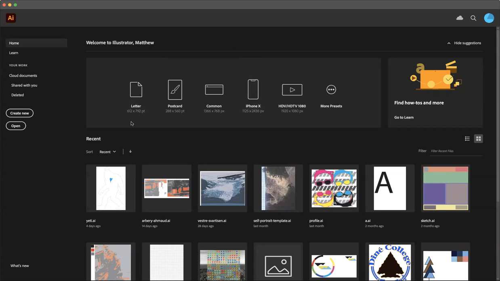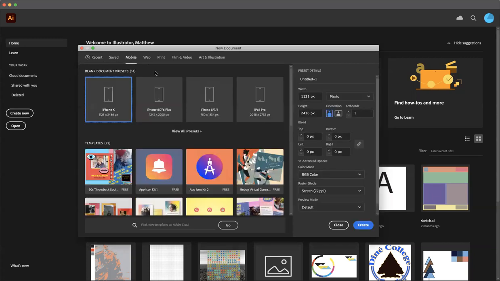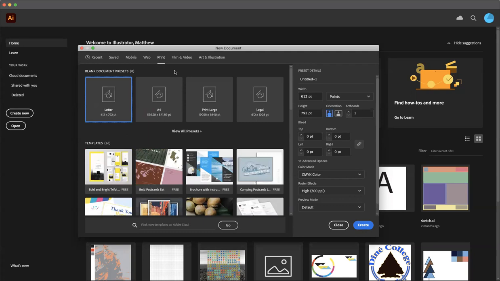So anyway, you fire up Illustrator and you see this introductory box, and you're going to see some past projects that you might have been working on. You're going to see some possible templates for sample projects, or actually presets, I guess is the language they're using here. But you can always just hit create new, right? And this additional dialog box is going to pop up. And again, here are all these presets that you're going to see according to the type of project that you're doing. I have to be honest, usually I go to print, and